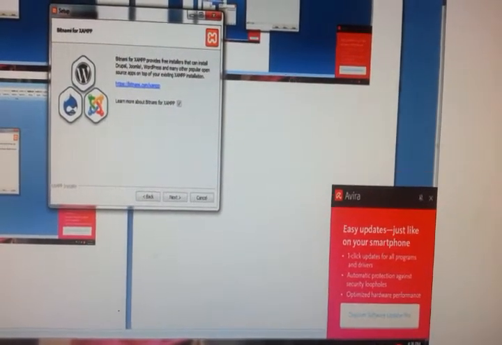When you click next, you will get a new window which says that Bitnami for XAMPP provides free installer that can install Drupal, Joomla, WordPress and many other popular open source apps on top of your existing XAMPP installation.